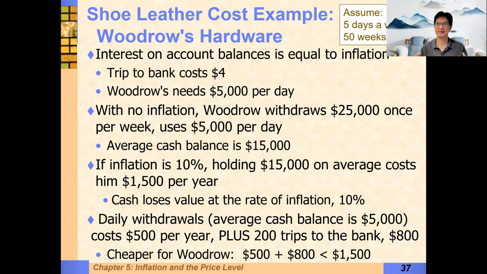Inflation is causing him to do something expensive, which is essentially worthless, because the government can have inflation at zero, but instead they choose not to. They choose to have a higher inflation, and this is causing Woodrow to run to the bank every day. It introduces cost to the economy. So in a similar way, the whole economy, the businesses, the people, they're all trying to reduce cash holdings. It's causing inconvenience. It's causing people to do things they wouldn't otherwise do. And this introduces a cost to the economy.